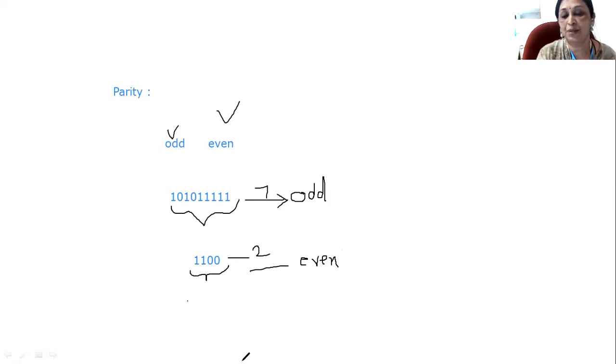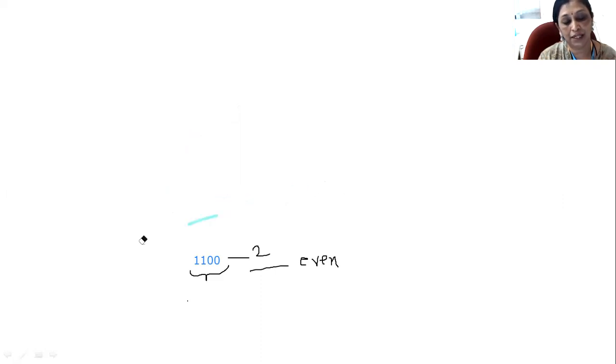This parity concept is basically used in error detection and error correction. In such methods, the parity at the transmitting end is already pre-decided. So if you decide on odd parity, then the received data must also have odd parity. If there is disparity between the transmission and reception parity, then we can say that an error has occurred, and then we are able to detect this error. So you must know this concept. With this concept of parity, we will move forward towards the